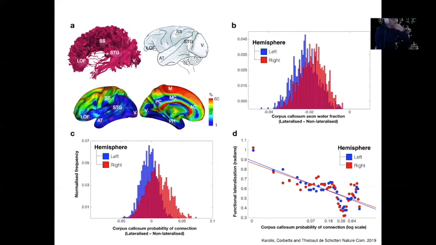So, you might well ask the question, how did we have this relationship within the areas that are lateralized, but no difference between lateralized and non-lateralized for the number of streamlines? But that might well be because the differences between lateralized and non-lateralized areas are at a microscopic level in terms of axon water fraction, and within lateralized areas you have these slight differences that exist, which is at the macroscopic level. So in sum, when you lateralize your brain, those areas have been developing in isolation and reducing their connections with the other hemisphere.